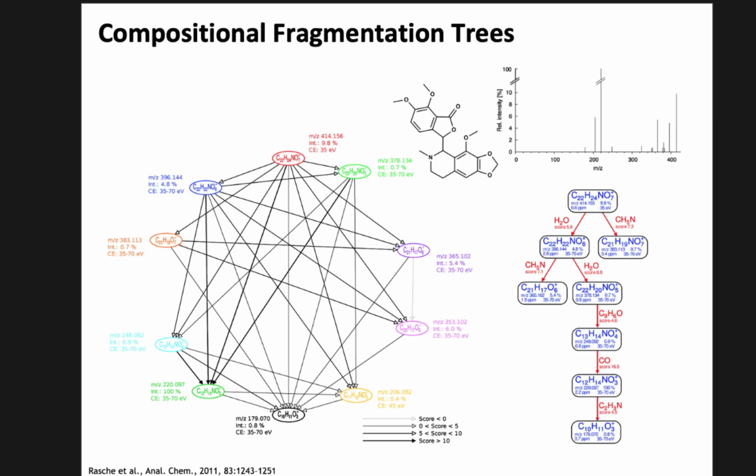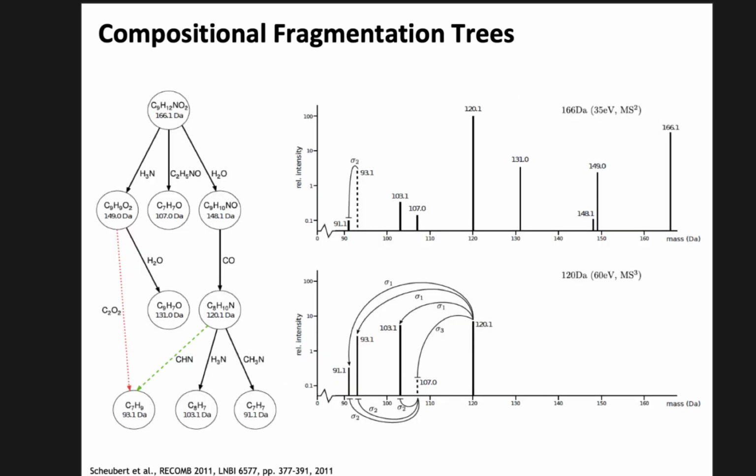These compositional fragmentation trees are always related back to an observed spectrum. They're trying to explain the spectrum. When you look into these spectra, or in these compositional fragmentation trees, you can start interpreting your spectra. So they're actually an excellent tool to also manually validate these spectra, because if you start with one of these fragments, like 120.1, that would be this node here,